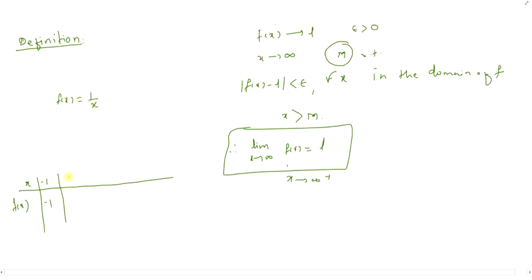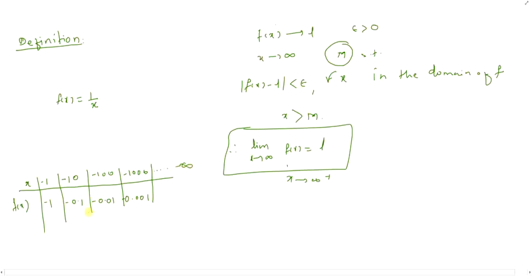So if x is minus 10, negative values, then it is minus 0.1. Again minus 100, so minus 0.01. Minus 1000, then negative 0.001. And just like this, as x tends to minus infinity,